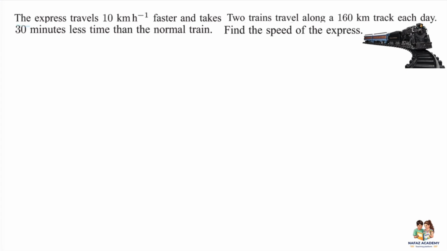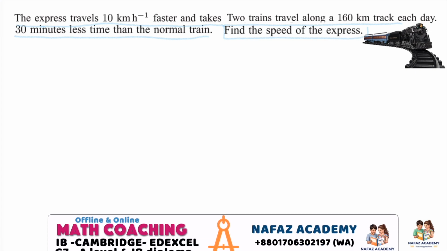Here is a train problem. There are two trains, an express train and a normal train. The express train is usually faster than the normal train. What is the question? The express train travels 10 km per hour faster and takes 30 minutes less time than the normal train,